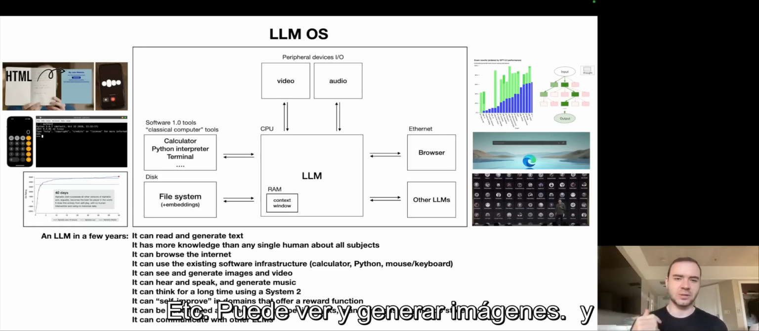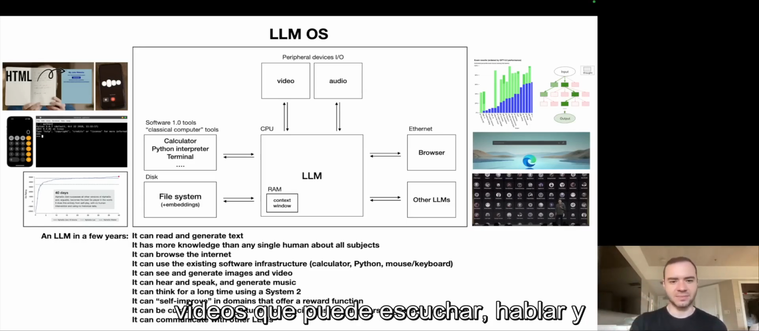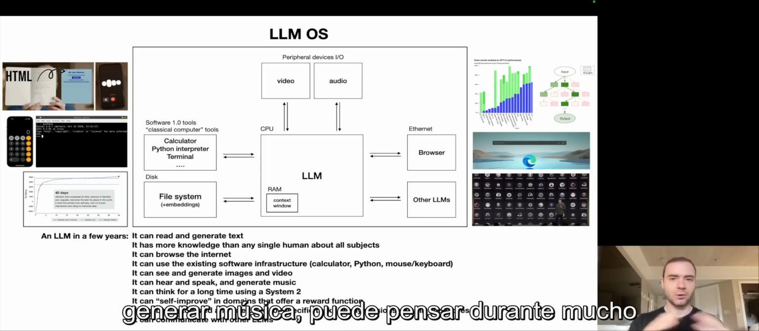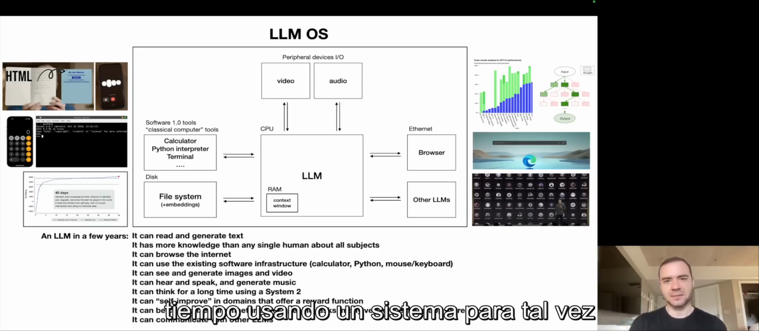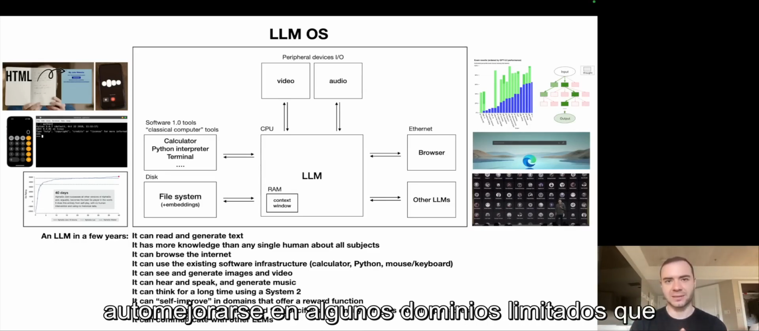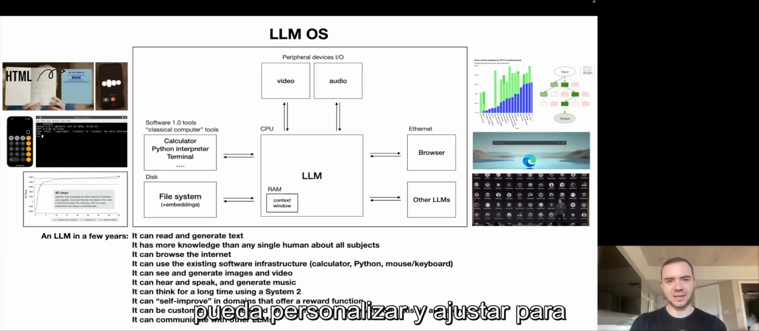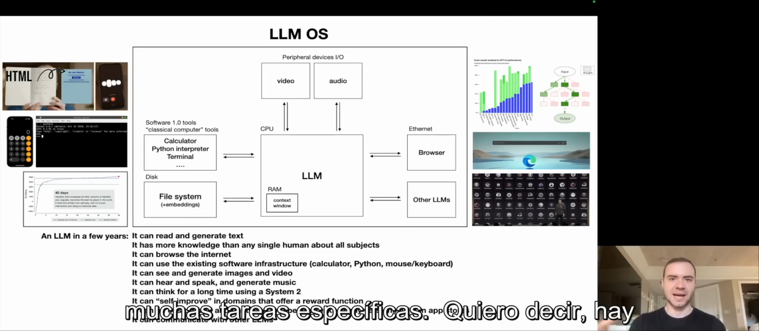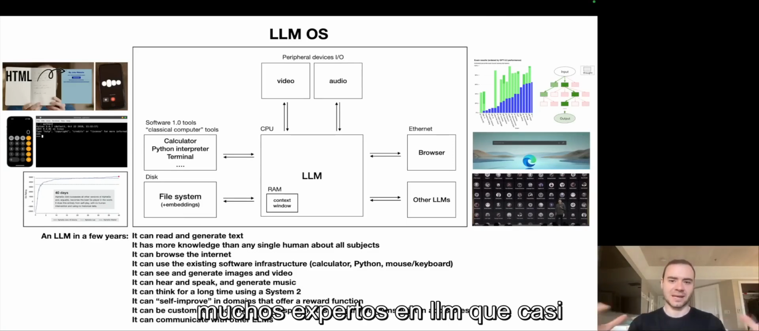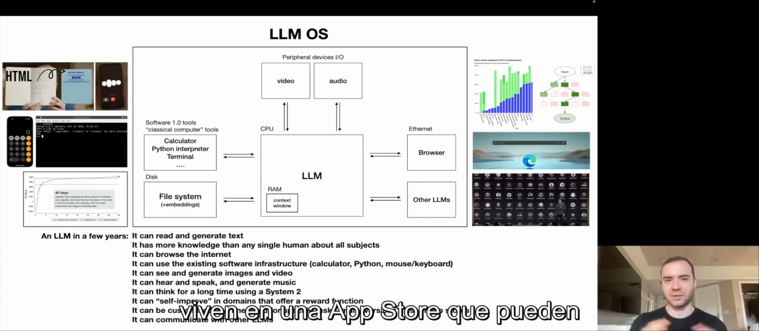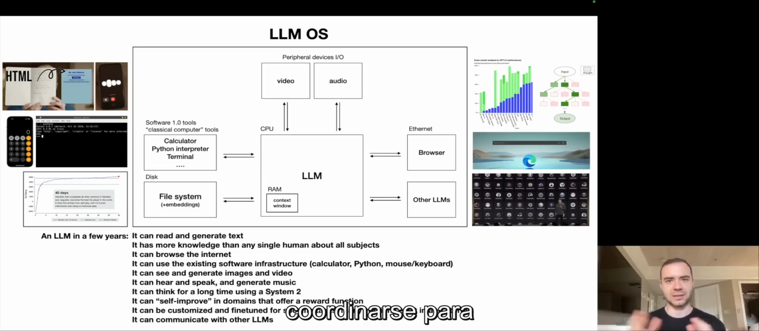It can see and generate images and videos. It can hear and speak and generate music. It can think for a long time using the system too. It can maybe self-improve in some narrow domains that have a reward function available. Maybe it can be customized and fine-tuned to many specific tasks. So maybe there's lots of LLM experts almost living in an app store that can sort of coordinate for problem